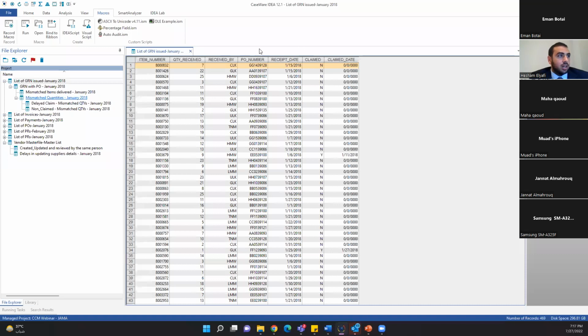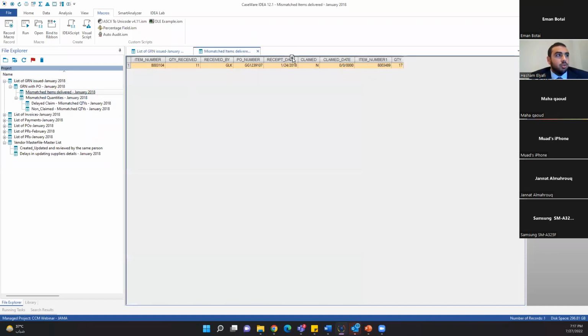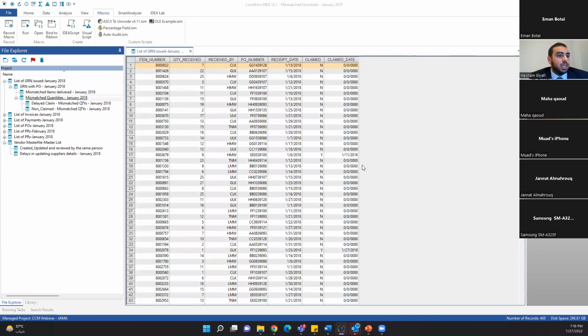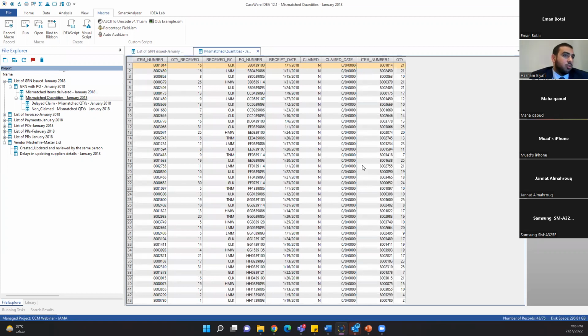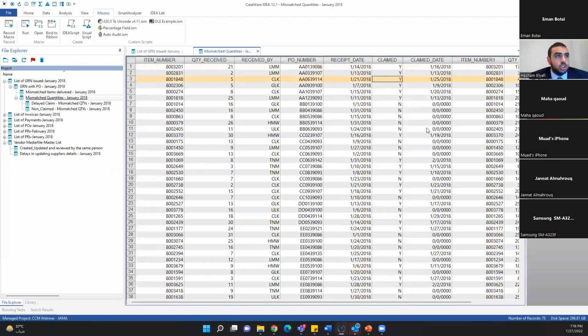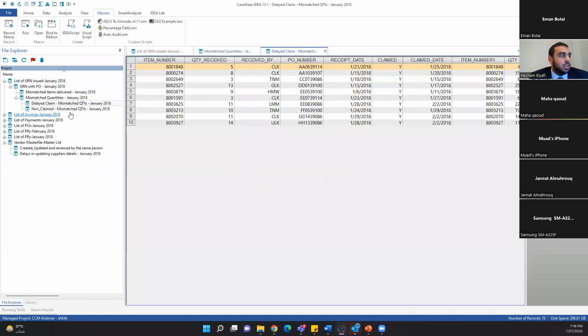So I can see that there is one mismatched item between the PO and the actual goods receipt. So the mismatching item is the following. You can see the difference between the item number. And then the mismatching quantities, we can see there is a wide range of mismatching quantities. Some of them, you can see here in the claim column, were claimed back from the supplier, some of them were not. So if we want to identify the ones that were not, we're just going to isolate them and get a resulting file that will have the non-claimed